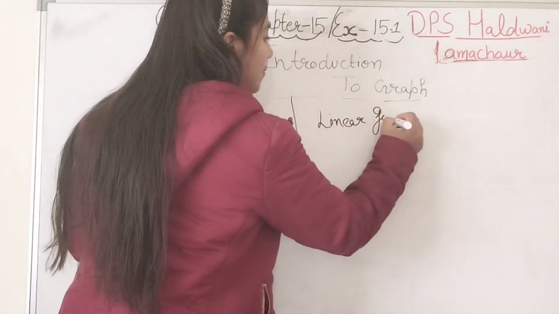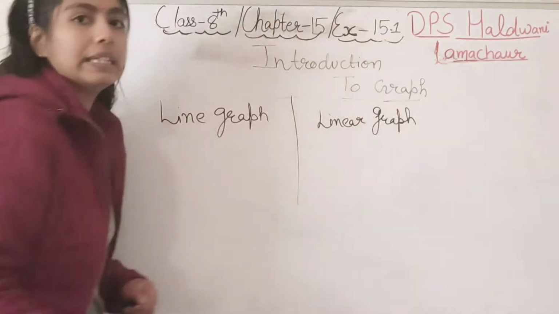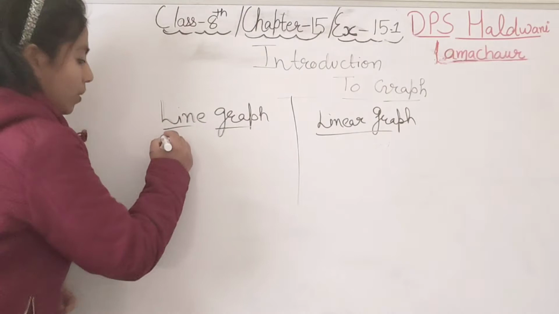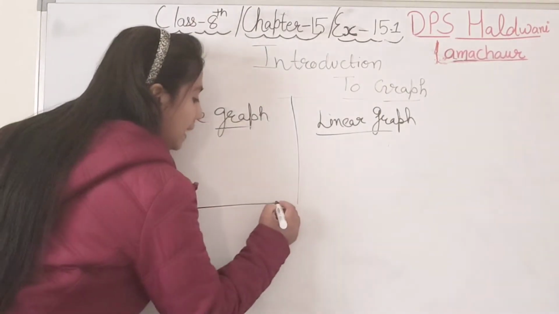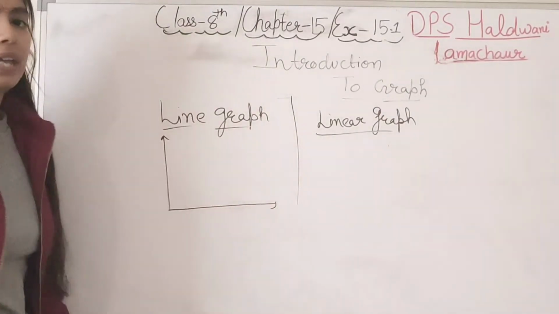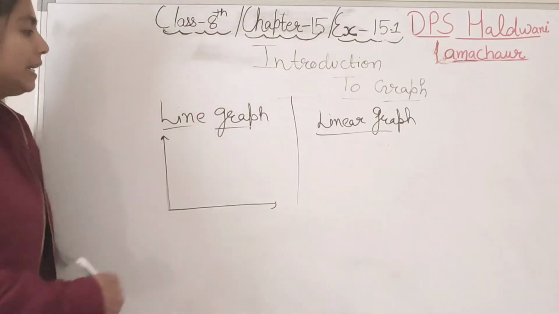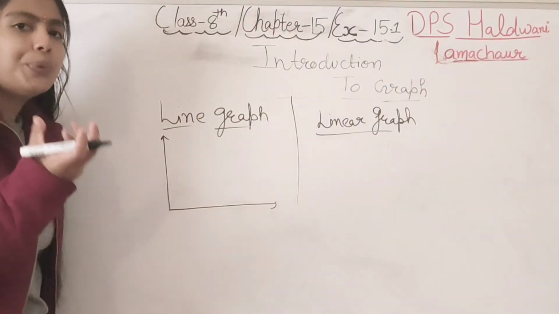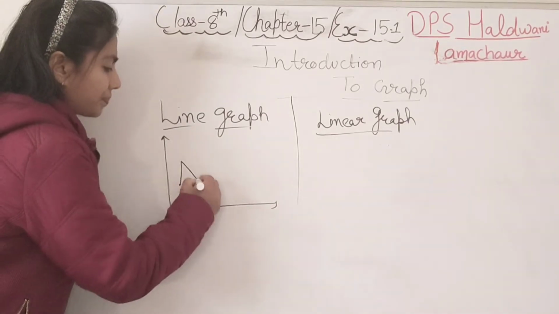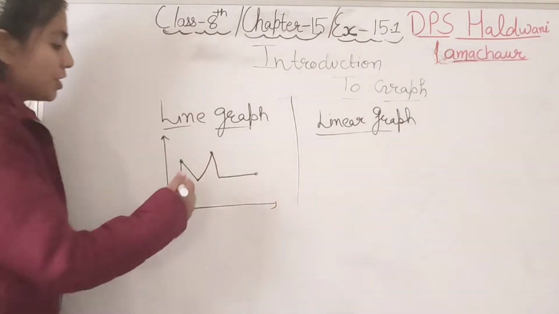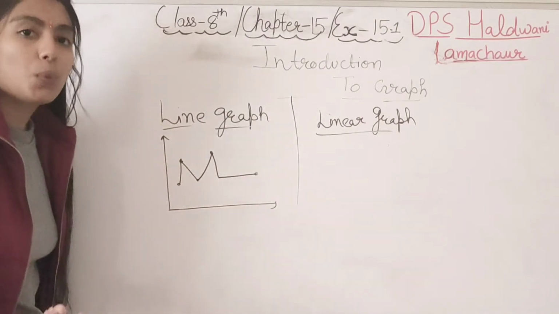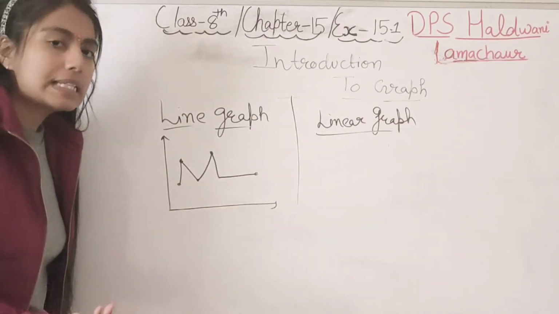Student, what is the difference between a line graph and a linear graph? This graph is also made on a graph paper along the x-axis and y-axis. Right student? Have you seen this type of graph somewhere in the news or anywhere? See, these are the points. Our x and y points are located. Okay, that we'll discuss later on.